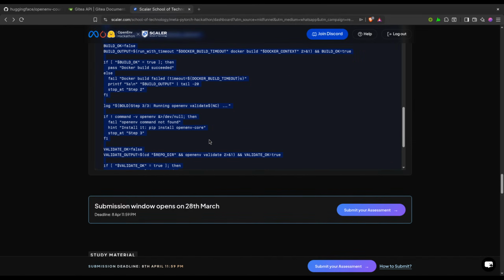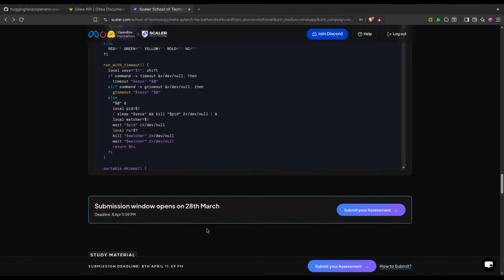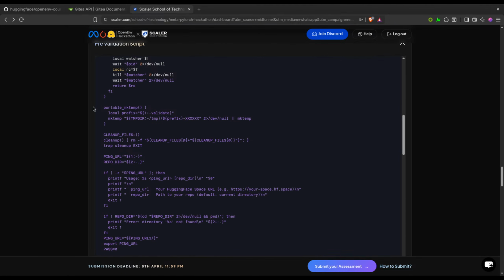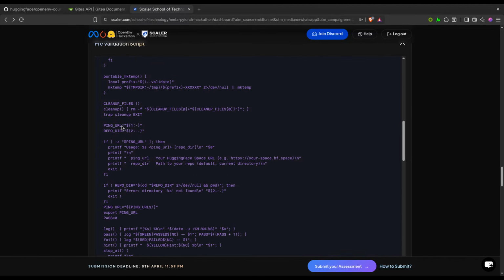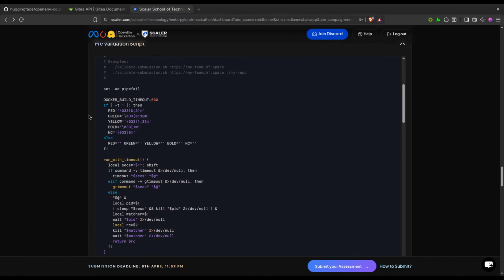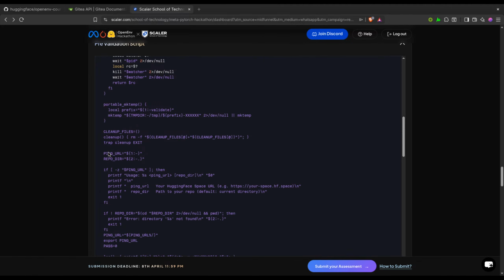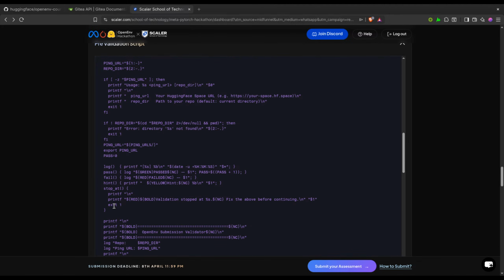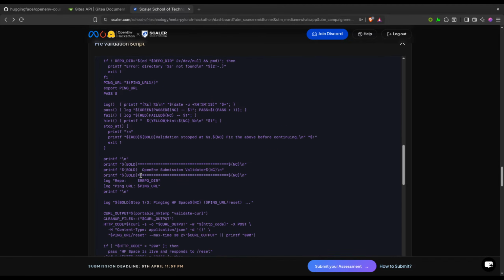Okay, we understand a little. We were able to get a little portable empty tag, clean up all the things, and then the URL is this. This is something to print, right? Okay. We are logging it here, we are passing it. If it is failing, we are letting it fail, giving it some hint, fail and printing.